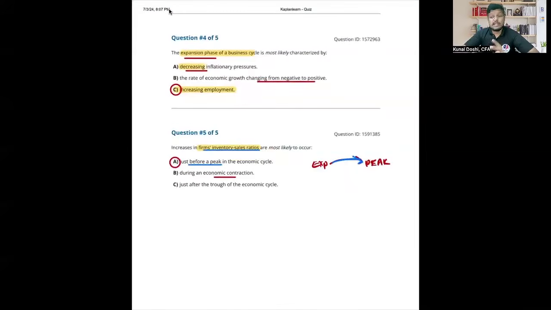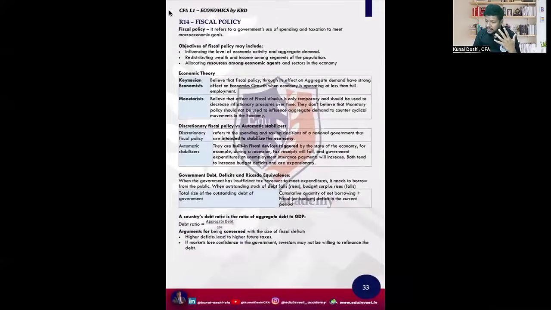Okay. See, I'll tell you one thing. Economics looks easy while reading, but while doing the questions, it is not that easy. So I suggest you practice as many questions as possible. So let's say in this part one session of economics, I'm also going to now cover fiscal multiplier, right?